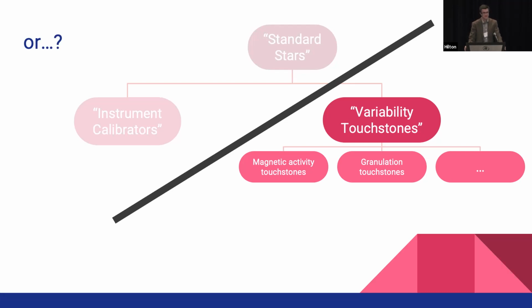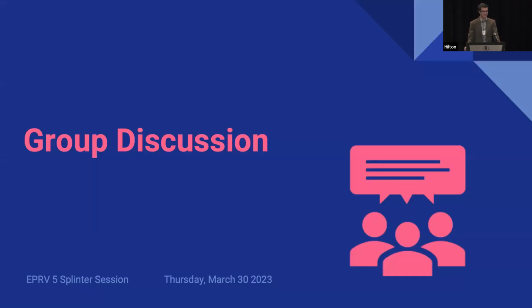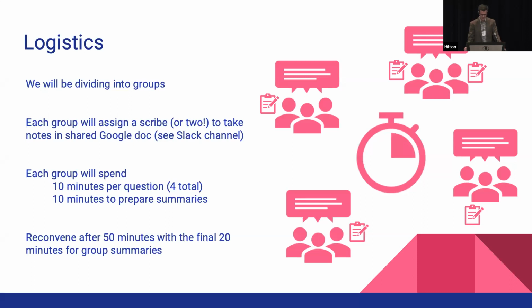At this point, we're going to transition to some group discussions. So, radical idea here, we're going to be breaking the room up into groups. Be prepared to grab your computer or your things, and we will split up into groups. The people on Zoom, we will break you into breakout rooms, and we're going to be discussing a few questions. Each group, we would like you to assign somebody to be a scribe to take notes, maybe multiple people to help out with that effort. And we also have chocolate here to help bribe people to volunteer for that.